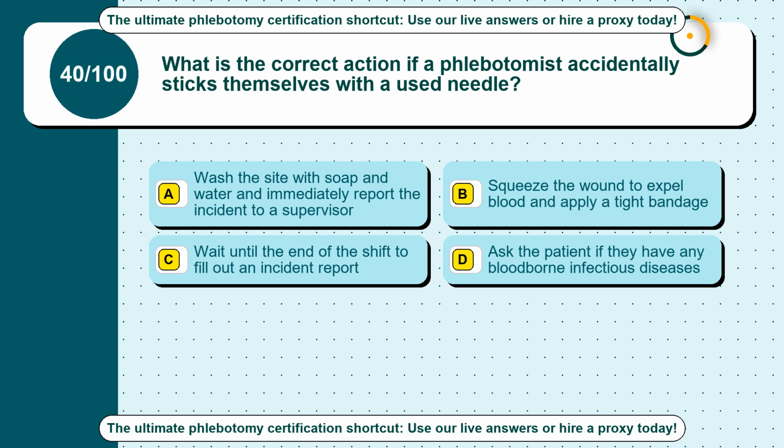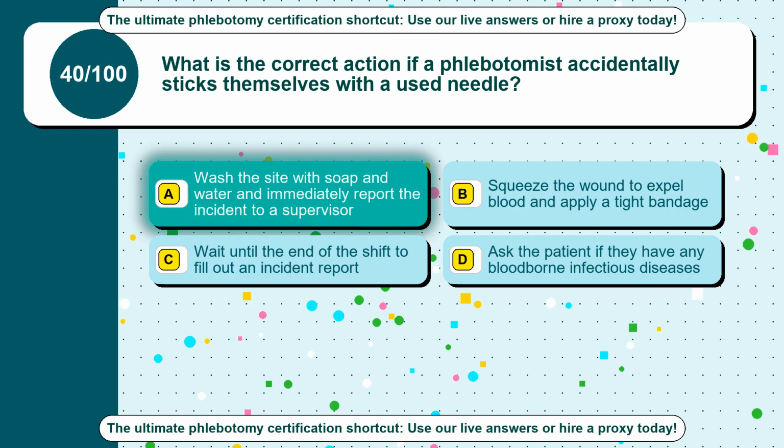Option C, wait until the end of the shift to fill out an incident report. Option D, ask the patient if they have any blood-borne infectious diseases. The correct answer is option A, wash the site with soap and water and immediately report the incident to a